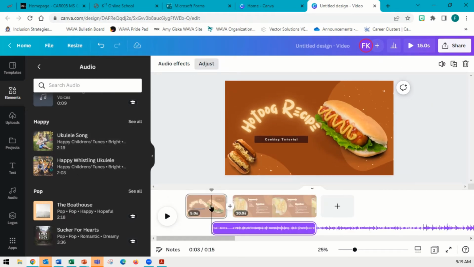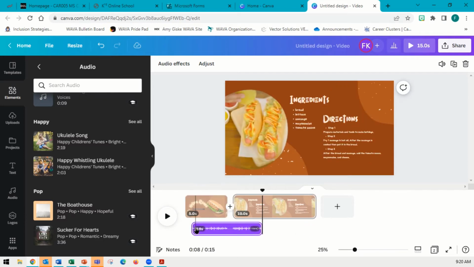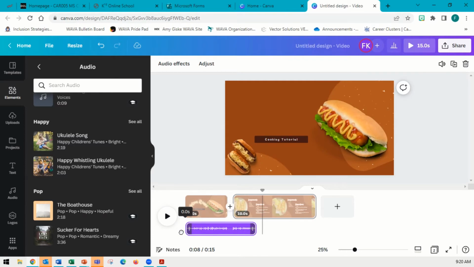Now, because I happen to be right there on the video, when I clicked ukulele song, it automatically put the soundtrack there, but I can move it back. There we go. I can move it back to the beginning of my video so that it starts playing right away. Oh, it's not long enough. There we go. It should be moving over. There we go. Okay. So now when I press play,